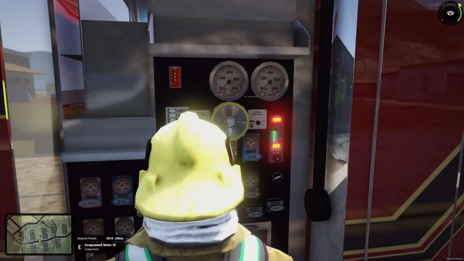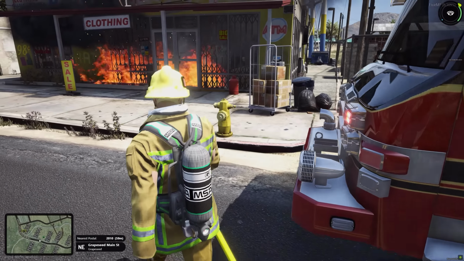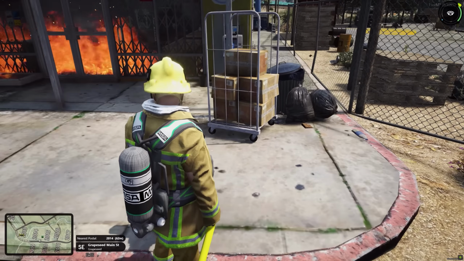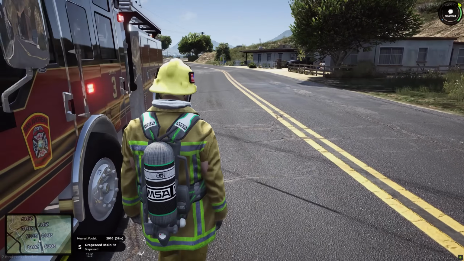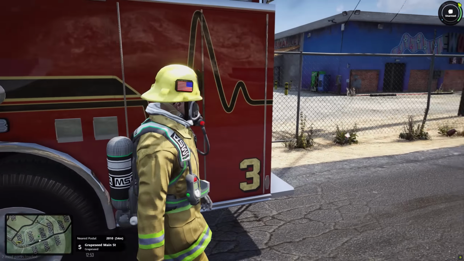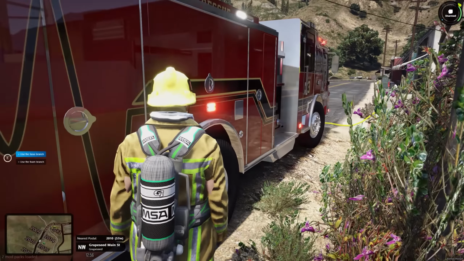We're gonna grab that and not get hit by a car in the meantime. And now we have a hose we're gonna be pulling out to connect to this hydrant by walking up to it, and then you get prompted to hit G. Now we have a supply running to the actual engine. Now I can go and move all of this around so it works with different models. However, I haven't done that just yet,